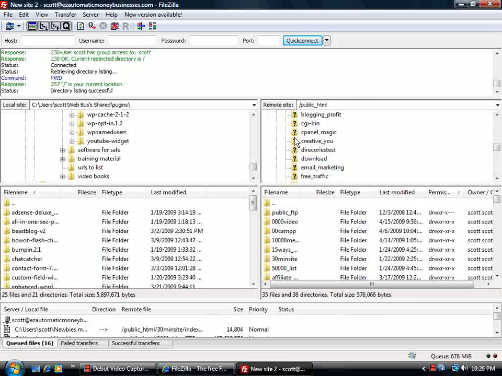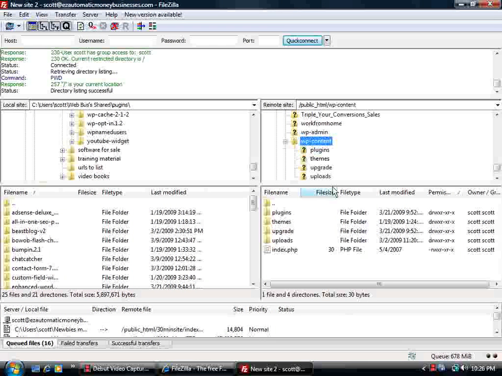Now, none of this will be here. These are files that I've put in here. The only thing you're going to see in here is your WP admin, WP content, and WP includes. What you're going to need to work with mostly is your WP content. Your WP content will have your plugins, themes, upgrades, and uploads. What you're mainly going to be using starting out is your themes and plugins. To upload themes and plugins,